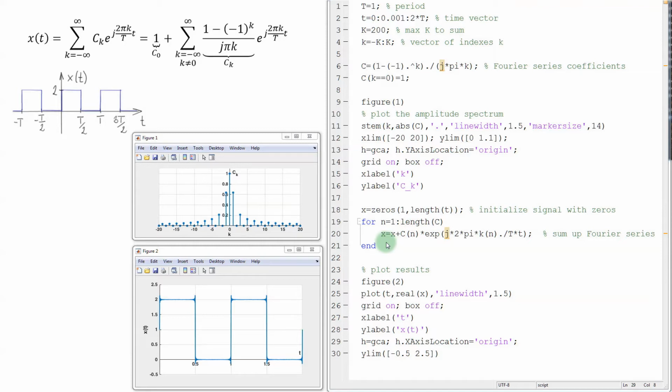But due to the imprecisions of the arithmetic in the computer, there may be some very small imaginary leftover in this signal x. This command real will remove any imaginary residual, and it will leave us only with the real part of this signal. This additional parameter line width with the value of 1.5 is there just to make the line wider and so easier to see. These commands are used just to format the plot, and they have the same meaning as the commands here. So when we execute this, the result is